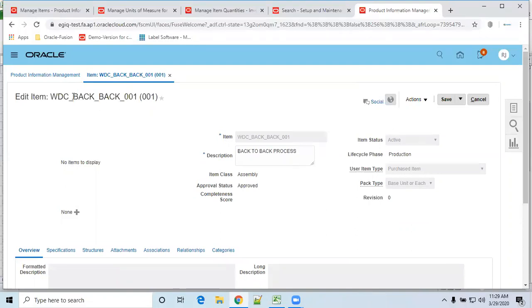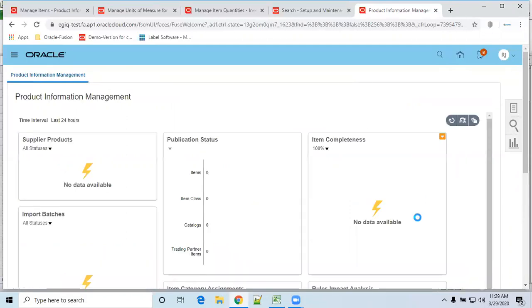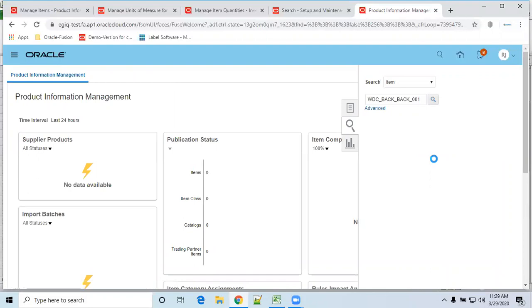We have to always open the item master. 001 is not a master, it is the inventory arc. So just cancel and refresh one more time.